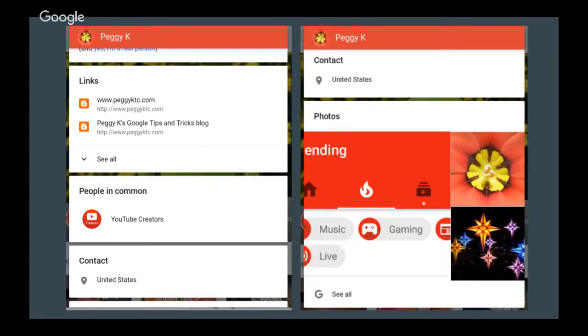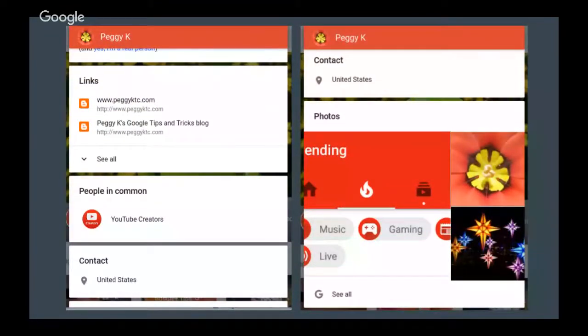So the nice thing is you can choose what information you share under About. Now, location is one thing. You can share links. You can share your contact information. And I just wanted to show on the right-hand side, if you scroll all the way down, there are your photos. Those are the public photos or photos that you shared with the person who's viewing it.